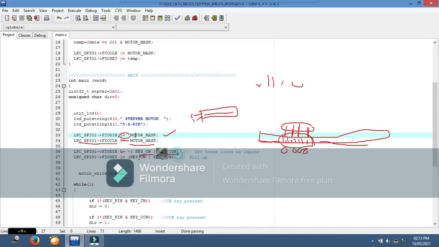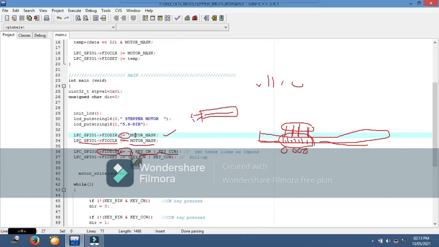Those bits we are setting to the output port, input port, by using AND equal to inverse with the function FIODIR. The FIODIR function sets the input port or output port. If you use this AND equal to not symbol, it sets input port. OR equal symbol, it will set output port.